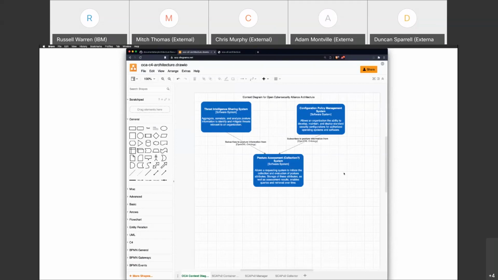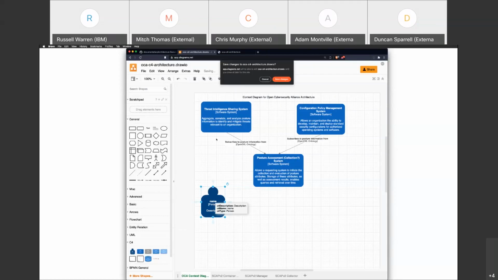So in the C4 model there's a higher level diagram here. There's also supposed to be an actual person in here, and for example, it'll look a little bit like that. Of course, I need to get the right names on those people and so forth. That's the kind of thing that's going to happen next. So A, there's a new branch. B, a call for help. C, there's some questions in here. We can create issues, and I think I'm done.